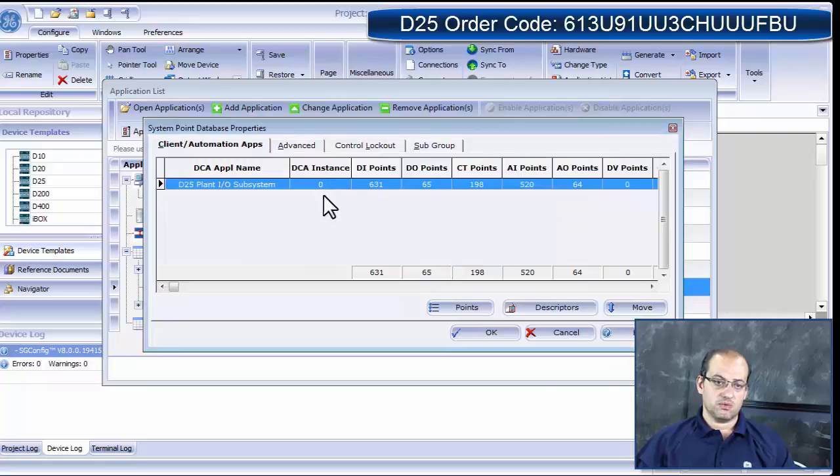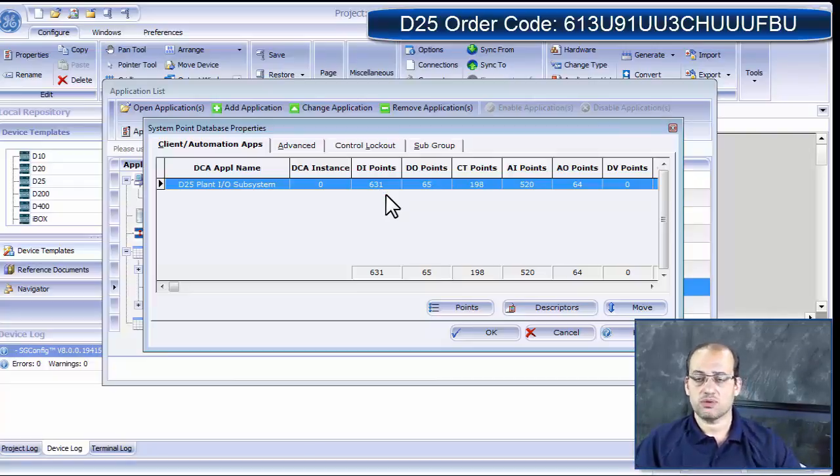right? And while highlighting the system point database, you can see the D25 plant IO has reserved 631 points. That's basically the 97 digital inputs plus all the digital inputs that are associated with my AC points and the points that are talking about the behavior or the status of all the alarms inside, like the HC11 status and